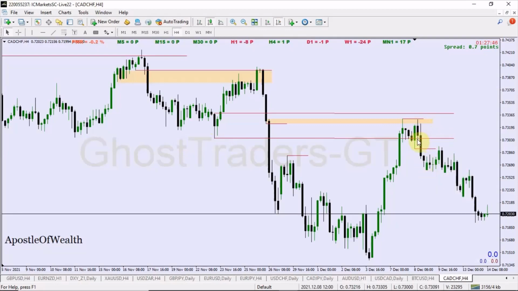Okay, so when price does something like this, what you're going to be waiting for is price to pull back to get to this level here, and then you can have your re-entry at this level here. So let's say you missed the trade here, you can catch the trade here,